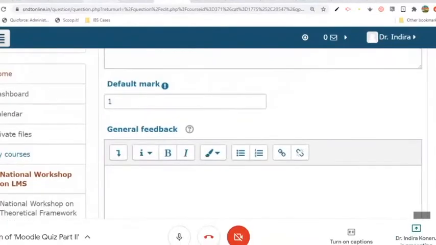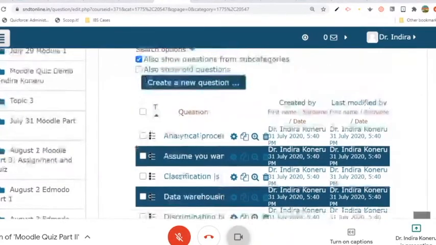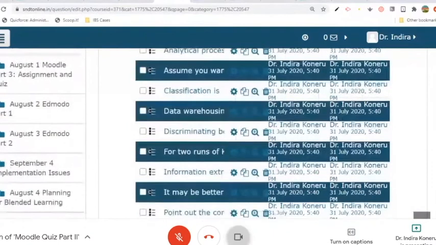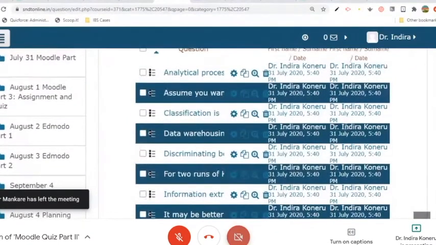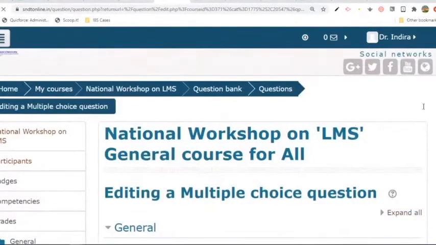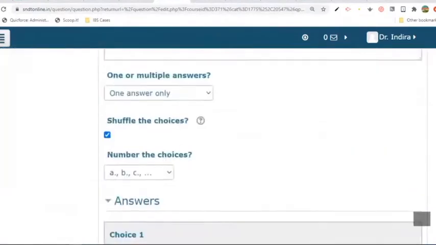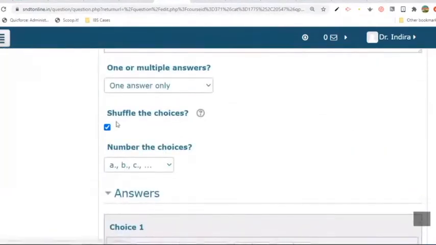So I'll take you back to the question bank screen. So we wanted to edit the question in order to change that shuffle to unshuffle. So here is this edit or gear icon. Just scroll down where we have this shuffle already checked. So here we have this option of shuffle. So just uncheck this under shuffle the choices, scroll down and save.